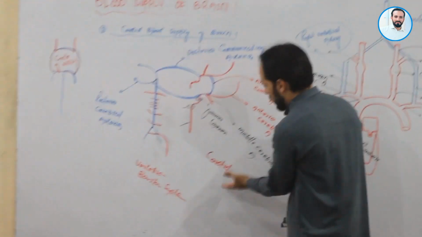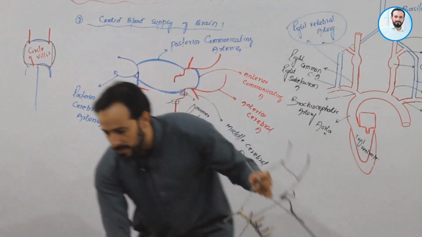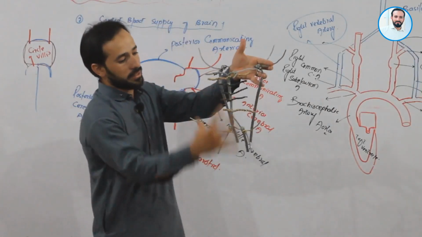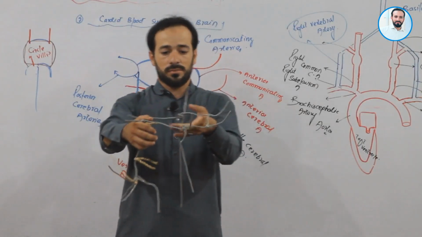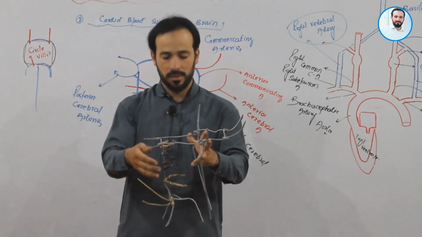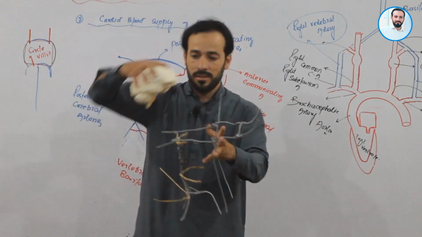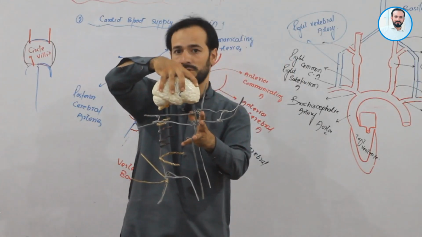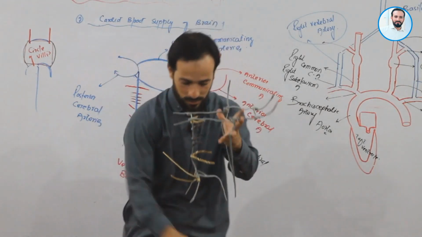Okay, this was our carotid system, and this was our vertebral system. Now let us see this in this sketch. Clear friends? As you know, I had explained this posterior system. Now this is our anterior system or the carotid system. Okay, let me hold it firmly. As you know, this sketch is made from electric wires, right? This is our brain. On this side is the anterior side, this is the posterior side, right friends? So look, a very simple sketch.